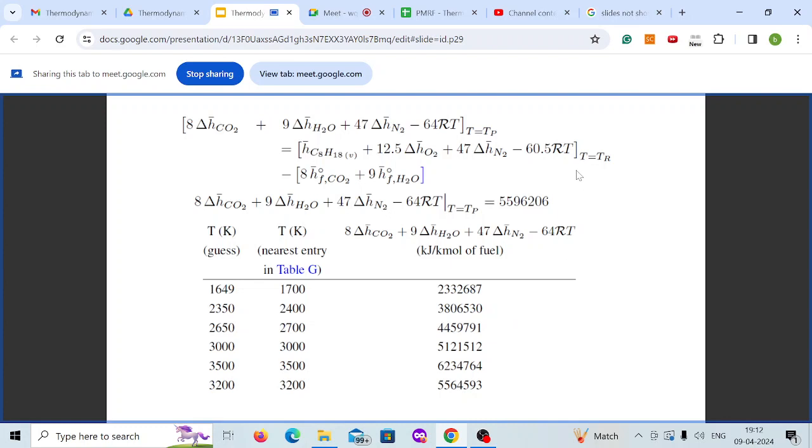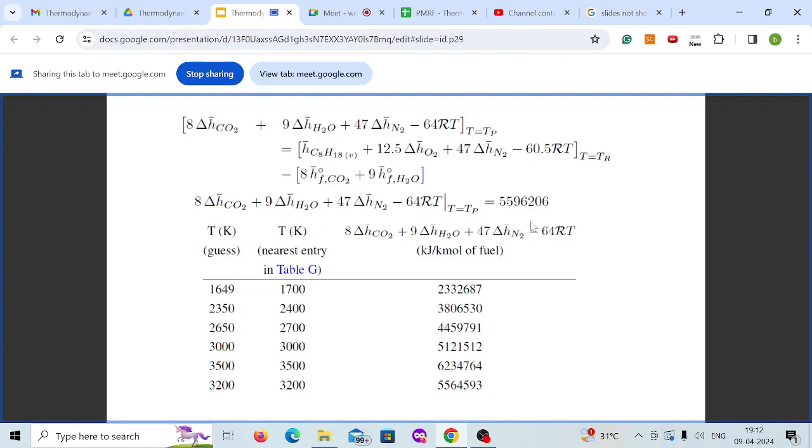Again this is less than the required value, so you take a higher temperature, 2650, nearest is 2700, so that is